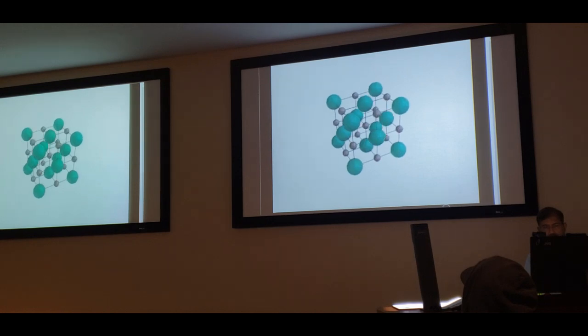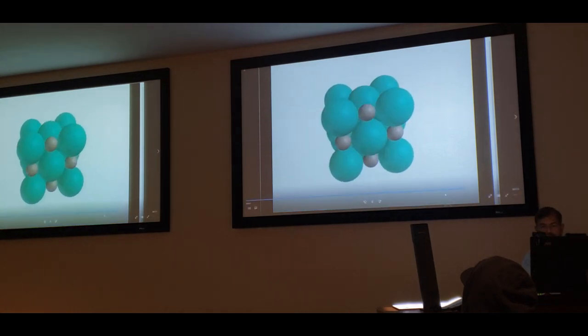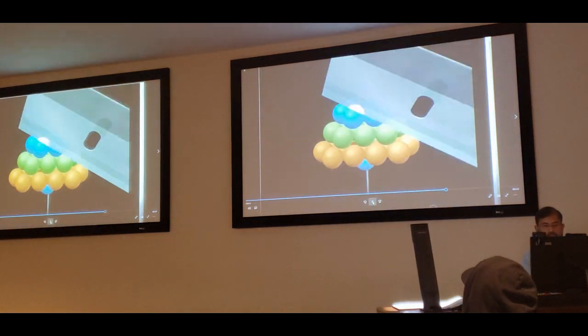Sodium chloride adopts the sodium chloride or rock salt structure. In this arrangement,